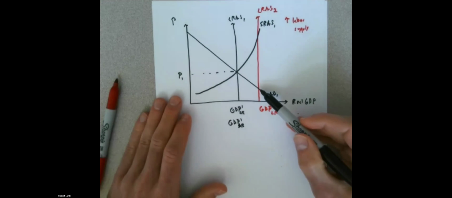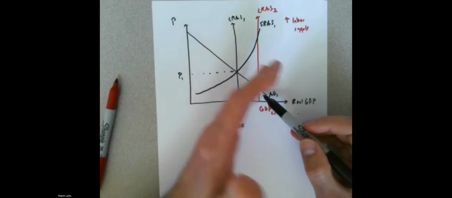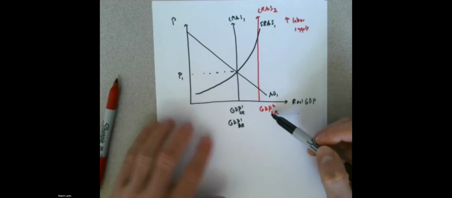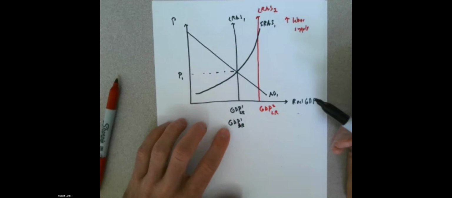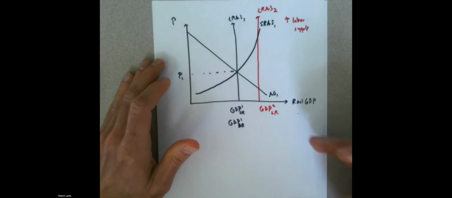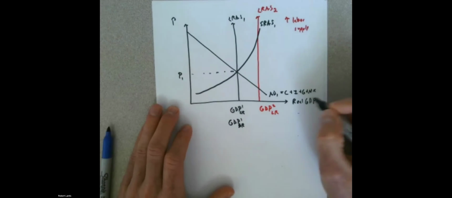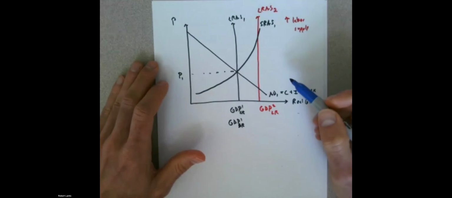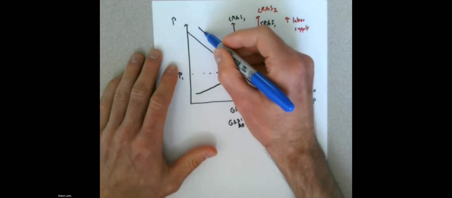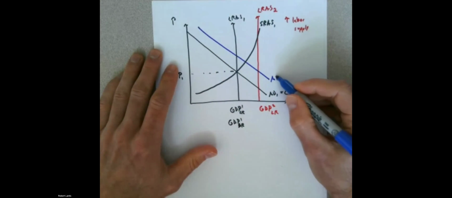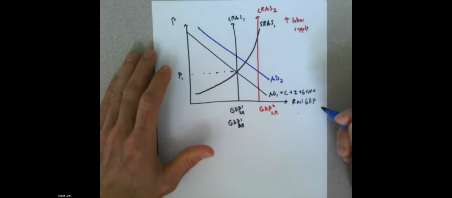Okay. So if that was the only change, what have we seen occur? If long run aggregate supply shifted, we would see the new long run GDP is higher than the current level. We would have a recessionary gap. Okay. Now, if we see aggregate demand increase at the same time, I don't remember what it was, investment or whatever that component is. So remember, aggregate demand is C plus I plus G plus net exports. So a change in any one of those increases aggregate demand, but by a smaller amount than that change in long run aggregate supply.